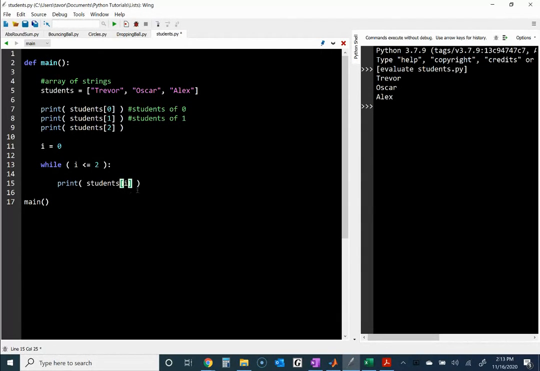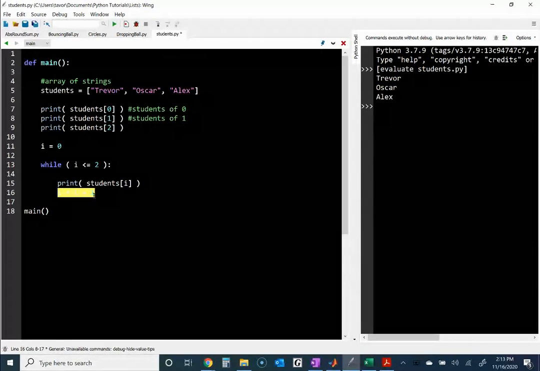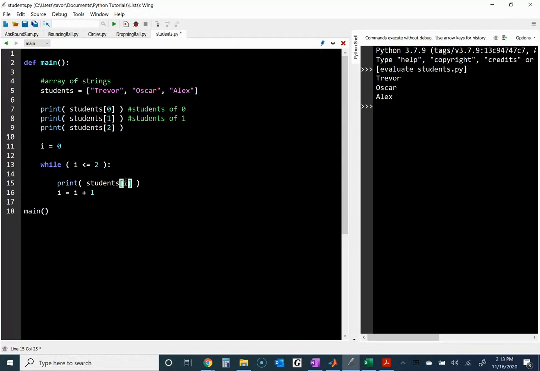So I would be 0. So that's students of 0. And after we print the student at that location, we want to increment I by 1. And that means that when I print students of 0, I'm going to increase I to 1. I'm going to loop back, check the condition. 1 is still less than or equal to 2. So I'm going to print students of 1,